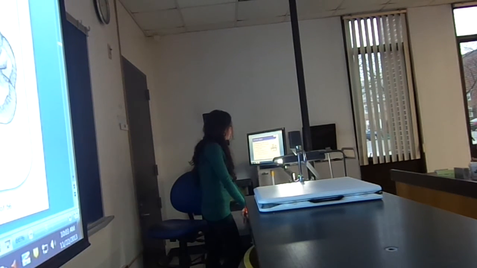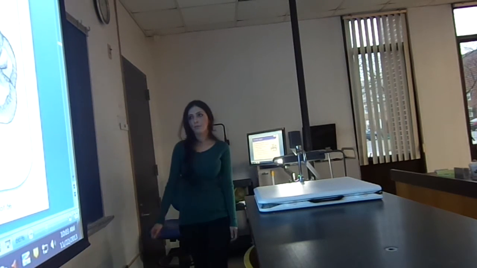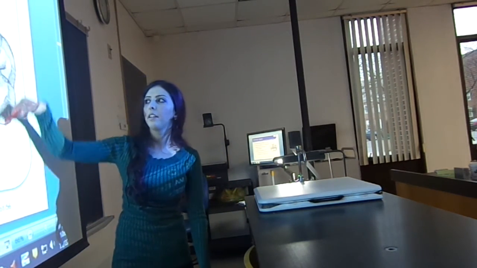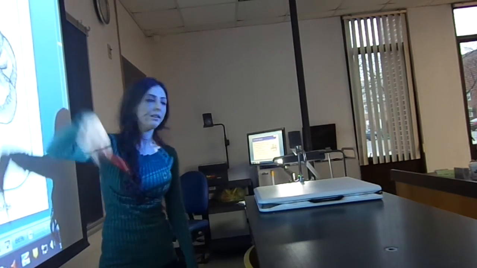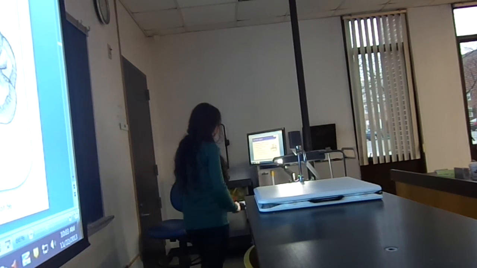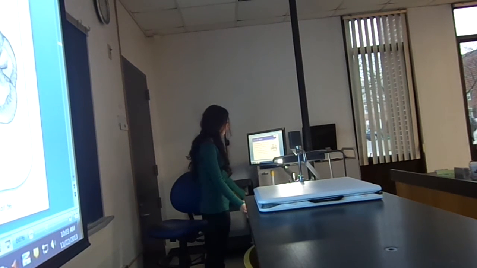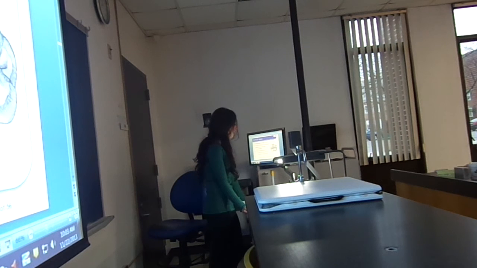And it's wider mesiodistally than buccolingually. So it's wider this way than it is this way. So wider mesiodistally than buccolingually. And it's widest mesiodistally towards the buccal, and it's widest buccolingually towards the